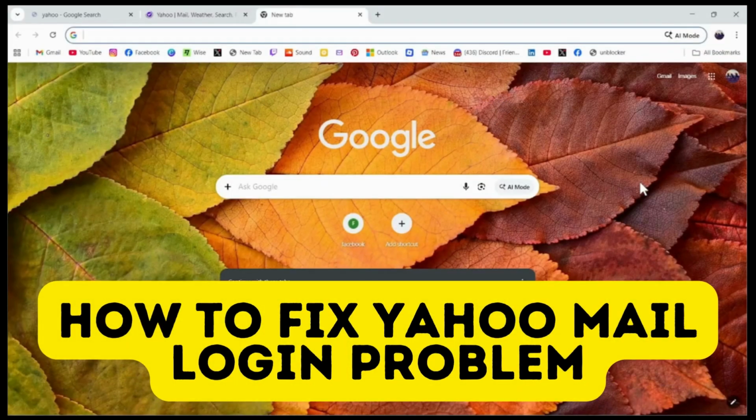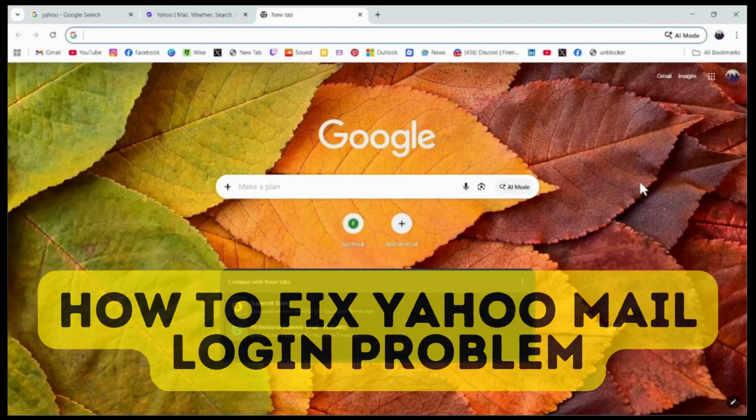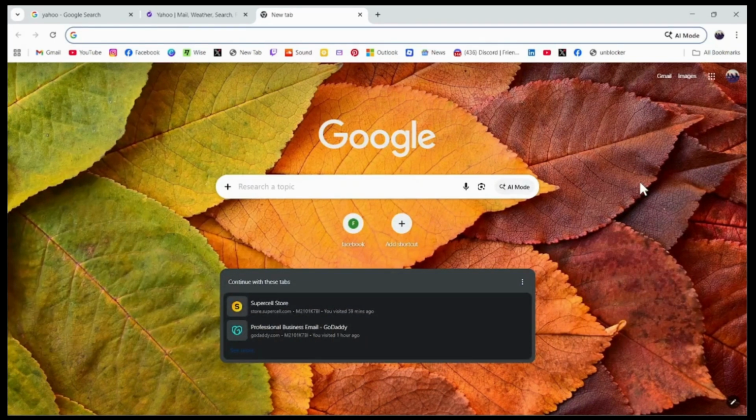How to fix Yahoo Mail login problem. So if you want to fix Yahoo Mail login problem, then what you need to do is first you need to make sure that you have a stable internet connection. And first, a key troubleshooting step involves clearing your browser cache and cookies, which might be preventing you from logging